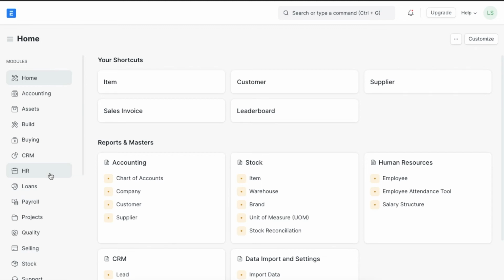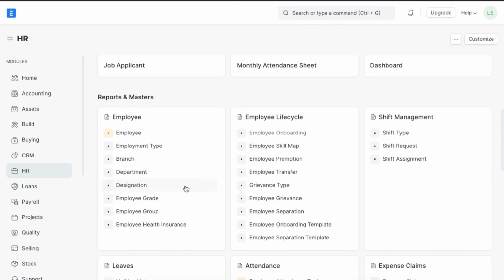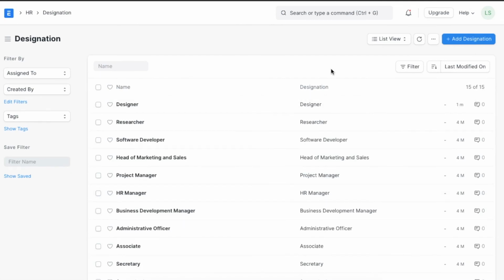It can also help executives and managers in your organization handle internal transfers and gauge what role may fit best for a particular employee. To navigate to the list of designations from home, we can go to the HR module and then click on Designation under the Employee section.